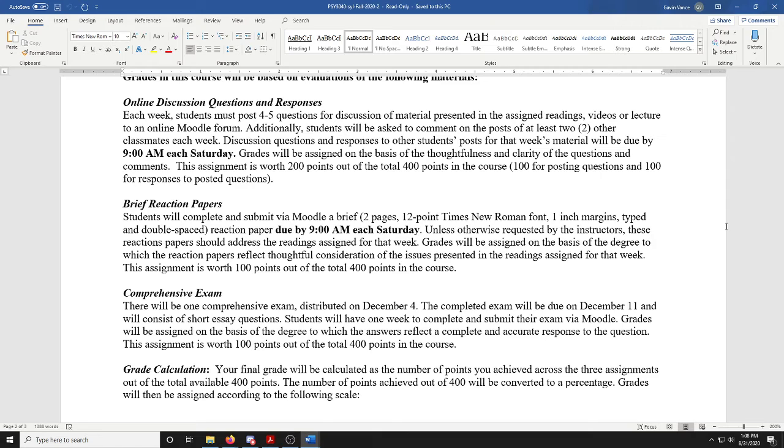We'll talk more about the final as we get a little closer, but you will have a week to do it. You'll be at home, so you'll have access to all your books, or your 2 books. You can go back through and rewatch a video or a podcast. The point is, it's an opportunity to reflect on the material that we covered. Typically, we have somewhere around 4 questions. They're intended to be very broad questions.